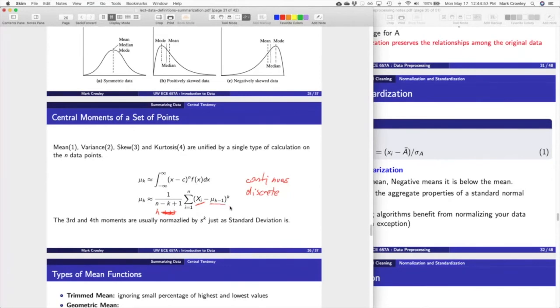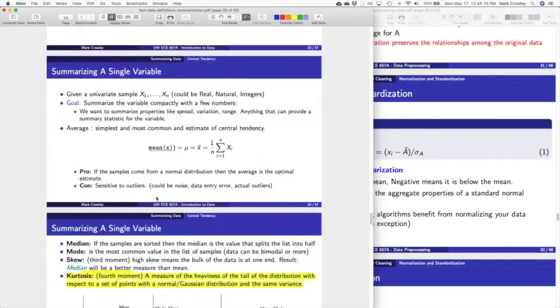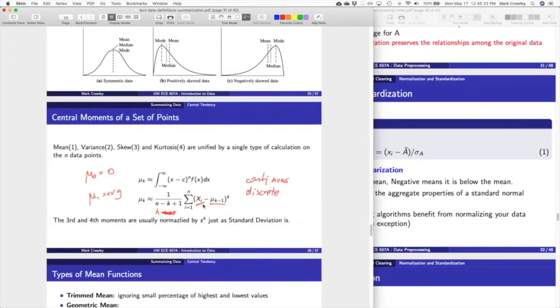So mu1 is average, right? I'll try to write my mu better. Sorry about that, that is embarrassingly bad. Mu1. Mu0 is 0? It's nothing, it's not being used. Did we say that explicitly? It would have to be 0, right? Because we want it to disappear. So that would be 0, and this would just be x, and then that'd be n, and this is literally average, right? And so then once k is higher, you're talking about the difference between the data points, the sum of the data points, and